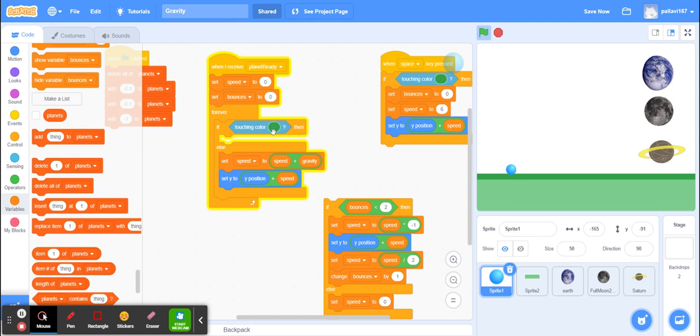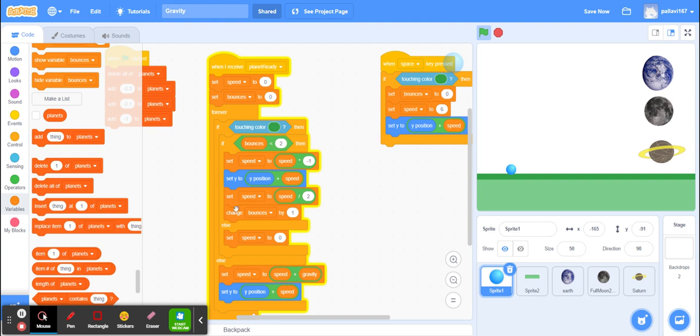When the ball is touching the green line, we are going to insert this code here which says bounce the ball. Now I want the ball to be bouncing twice, and hence I have initialized the value of bounces to 0, and I'm gonna use this if else loop until the value in the bounce turns 2. So we're going to increment the value only twice, 1, 2, and if the bounce value is less than 2, then I'm gonna set the speed to speed into -1 because it is in the negative direction, and I'm gonna write y is equal to y plus speed.